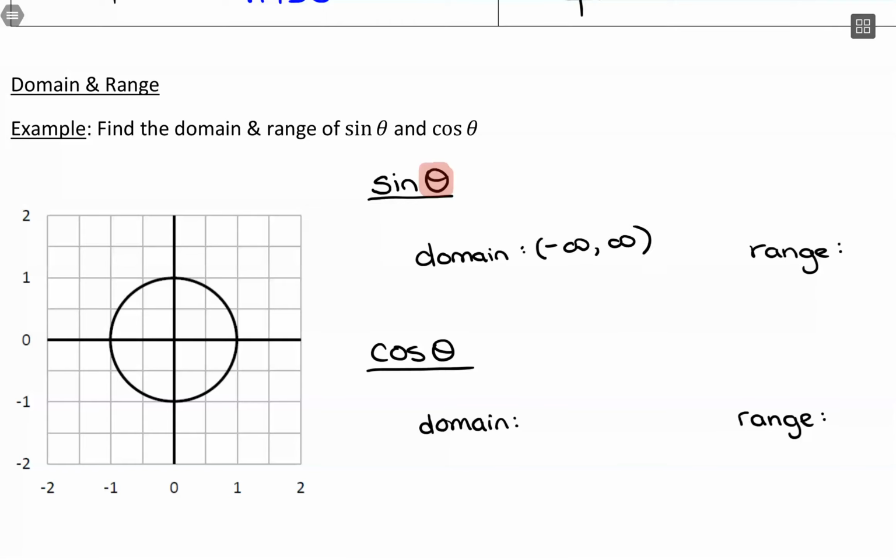And the same goes for cosine. In terms of inputting an angle measurement, we can input all real numbers. So our domain, no restriction. Now for range, thinking about our possible outputs. So for sine, the output of this function, we're going to think of it as our possible y coordinates on